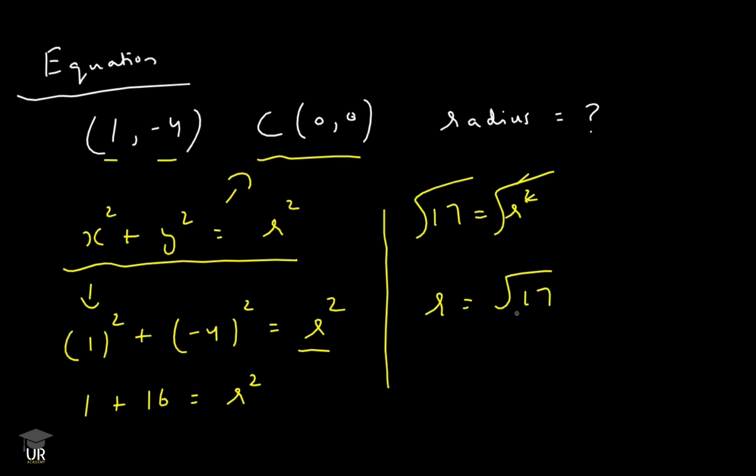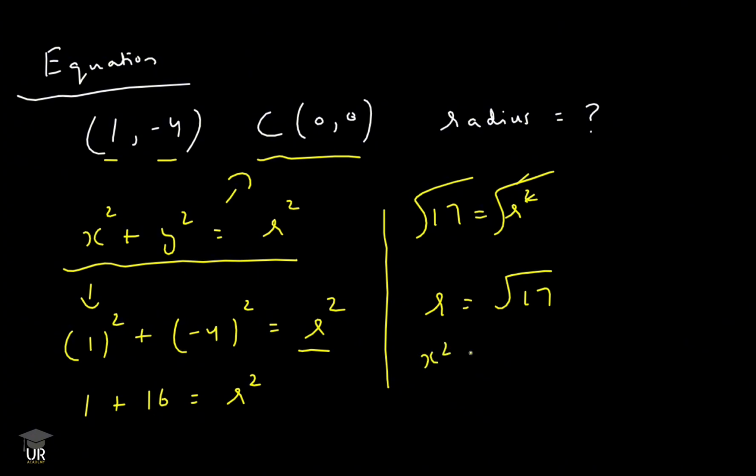We can also write it as decimals. So under root 17 is 4.12. So here the radius is 4.12. Okay, but right now we need to find the equation. So it's better that we don't write this. We don't need to use a decimal place here. We can directly write